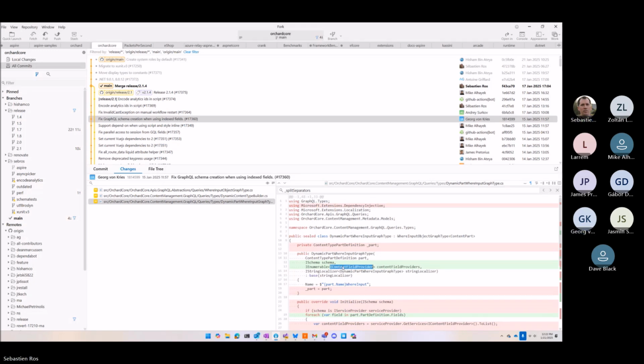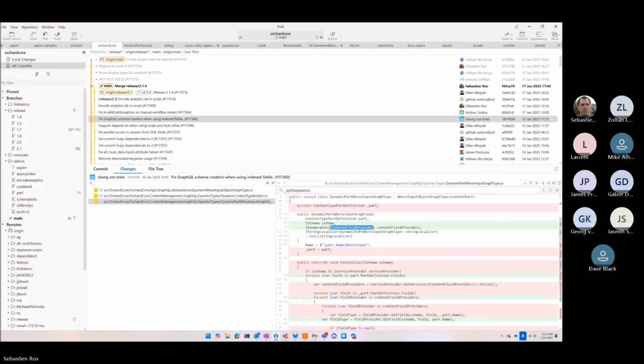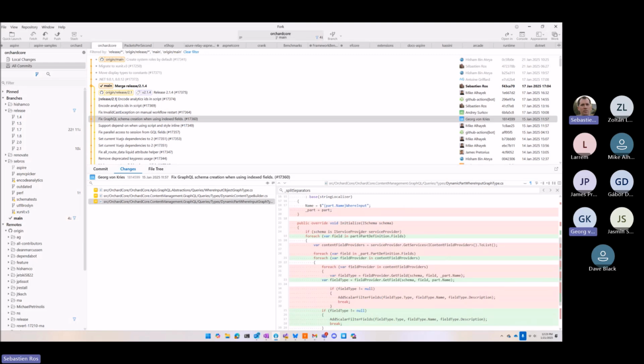Yeah, but is it something from Orchard Content Management or from GraphQL? Yeah, it's from Orchard. It's creating the fields for GraphQL from the field definition. And it has more content field types than the